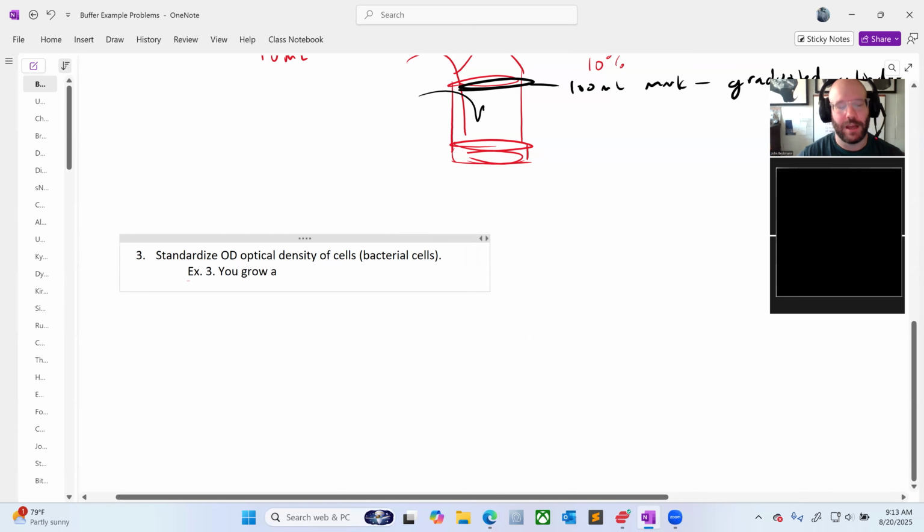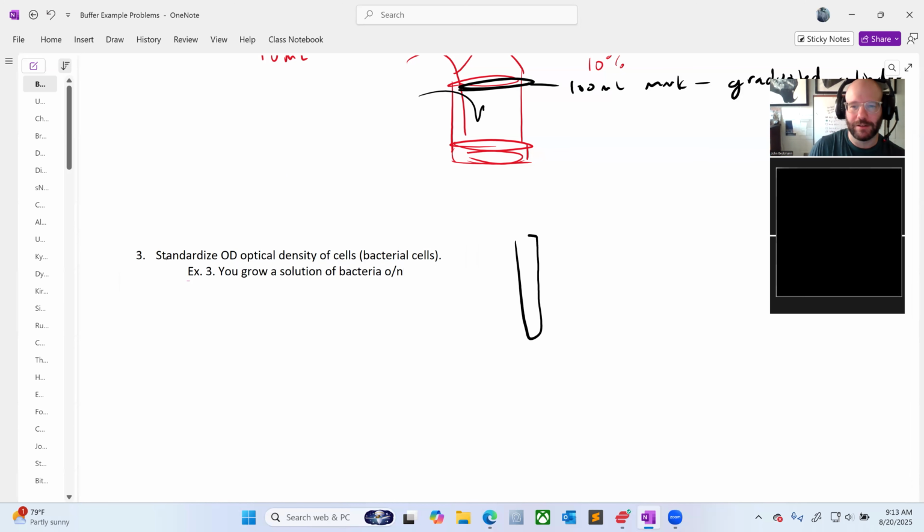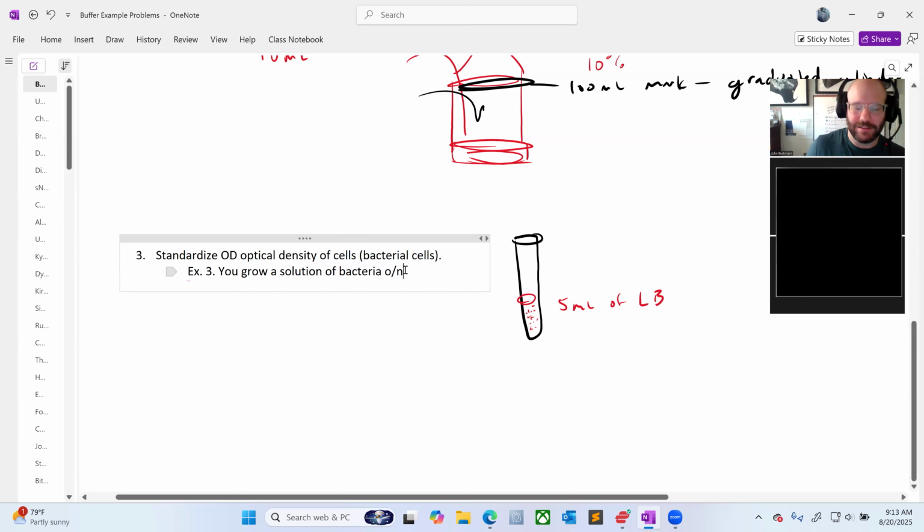You grow a solution of bacteria overnight. Let's say you have a test tube, you put 5 mils of LB, Luria broth. You inoculate that with bacteria and let it grow overnight. It grows to a high density culture overnight. And let's say then the next day,